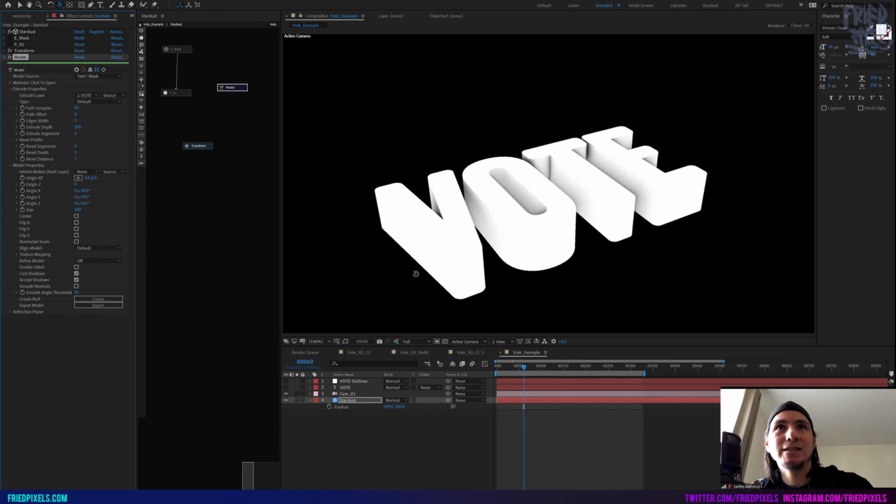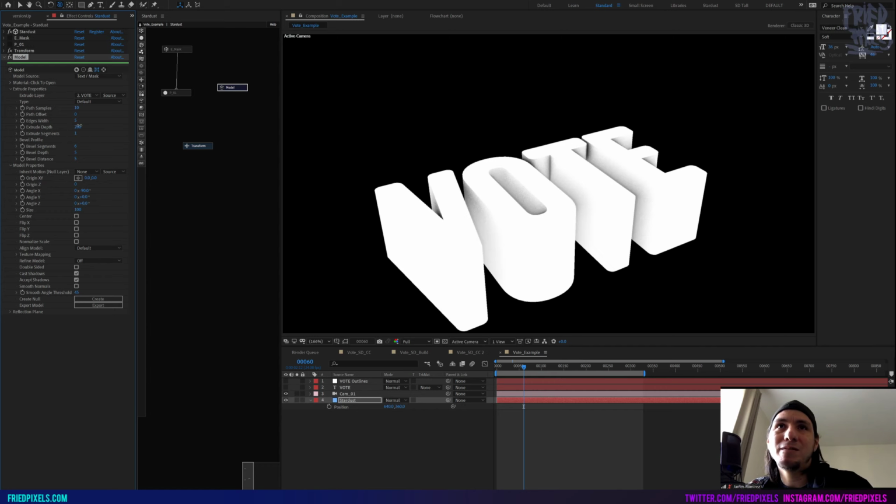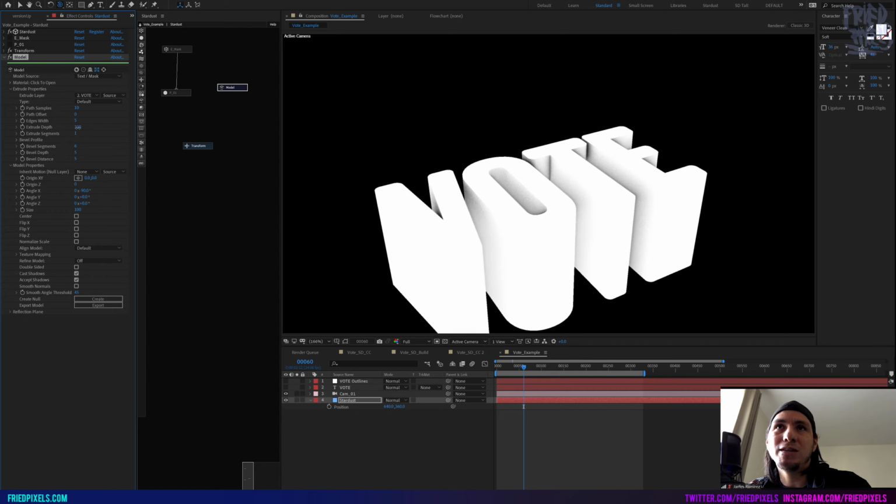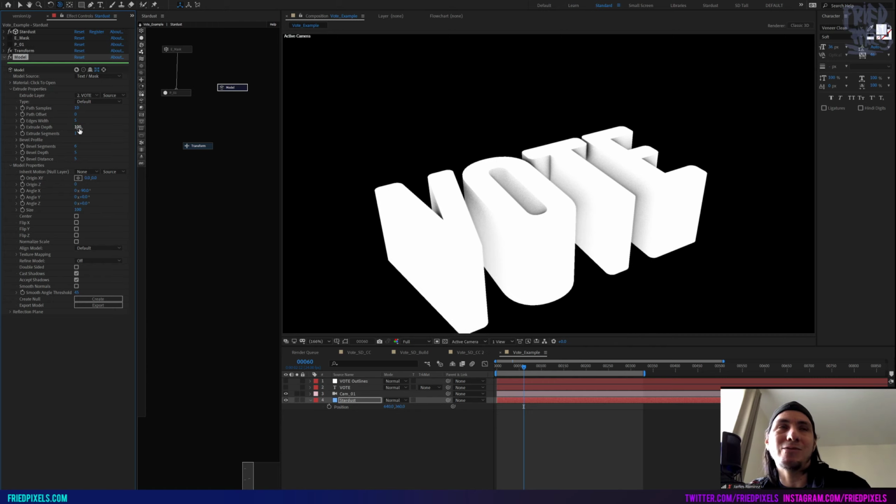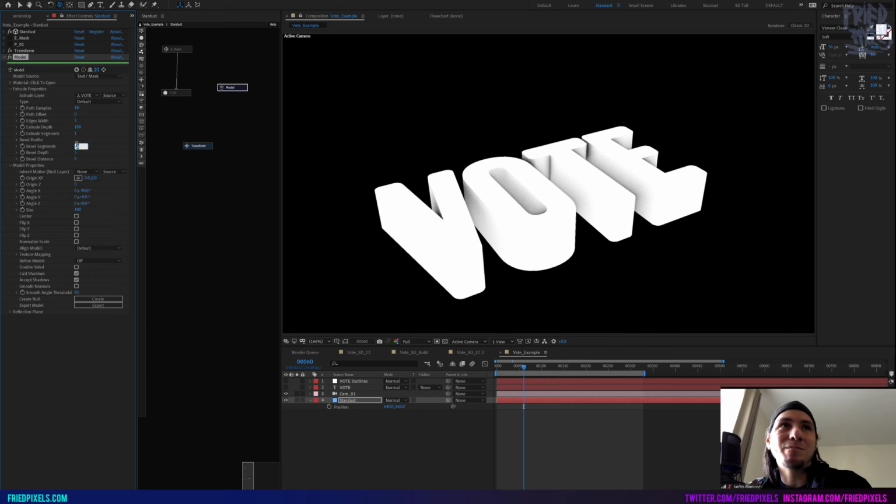And then for this, I don't think I really adjusted any of the settings. I think all of the settings are pretty much fine. The only consideration you'd want is maybe the depth for how deep you want that collision to be. And I think the default 100 is fine. There's a bevel. I don't really think we need a bevel. It's just going to add more geometry, which is going to make the calculation take a little bit longer. So we're just going to leave that really low.